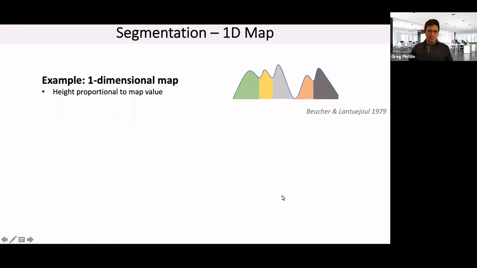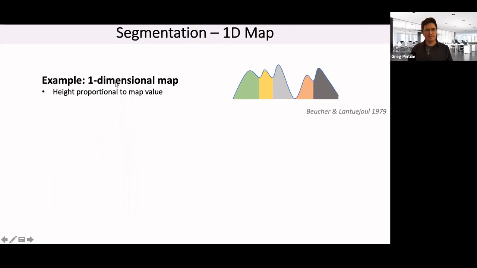Now, let me go back a little bit to how we visualize these maps. Again, we're looking in these maps for atomic features, proteins, RNA, ligands, and things like that. But the first step, and this is something that I started to look at as I was getting into cryo-EM, is how do we segment the maps? The process that I used goes back to this idea of